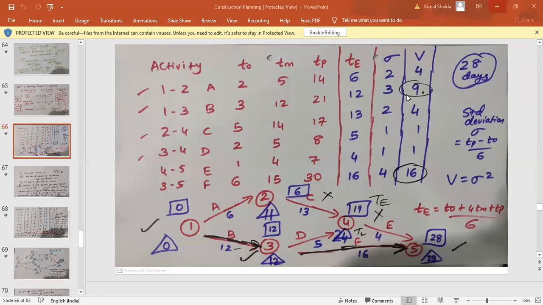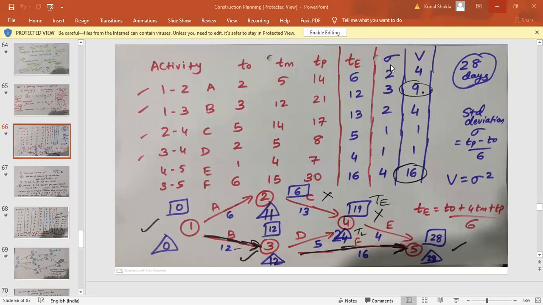Yes, in PERT, the TO, TM, TP values will be given in the question, otherwise you cannot solve it. Similarly, in case of CPM method, you will be given the TE value, that is the time value. Here TO, TM, TP values will be given, so from that you have to calculate the TE, that is the expected time, this column. If these 3 are not given, then TE has to be given. But for the calculation of sigma and V, you require TO and TP. So again, it has to be given compulsorily.